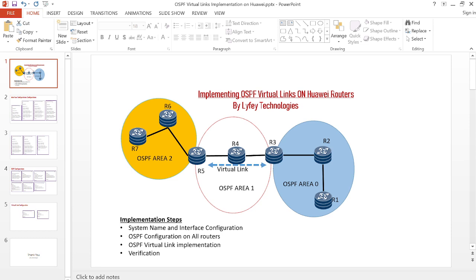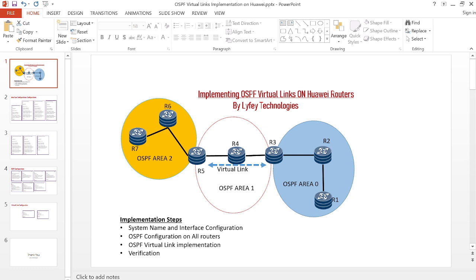In a standard OSPF network, we need to ensure that we have connectivity all the way from non-backbone areas to the backbone. So the non-backbone areas should have a connection to the backbone. That should be a physical connection, but sometimes it's very hard to achieve physical connections for all non-backbone areas. So that's why we need to implement OSPF virtual links for the areas that are not directly connected to